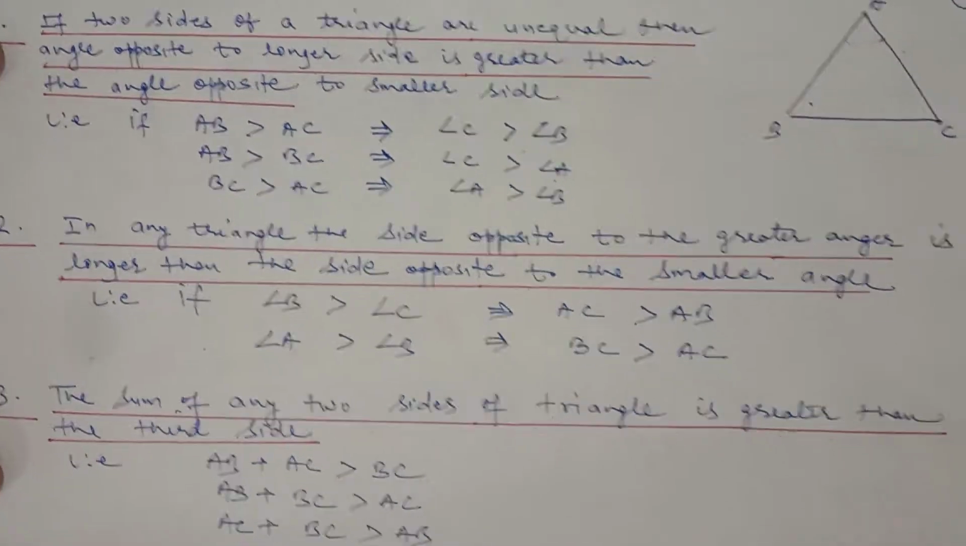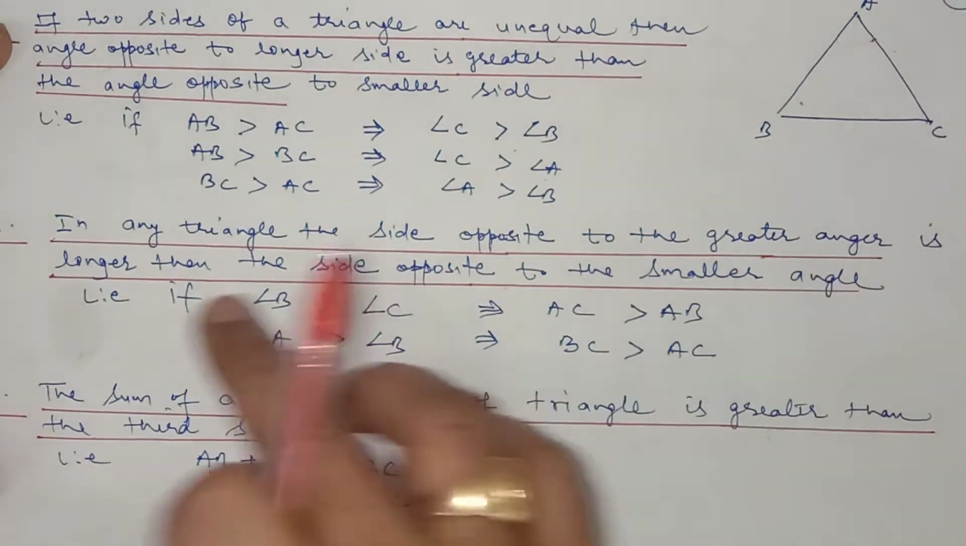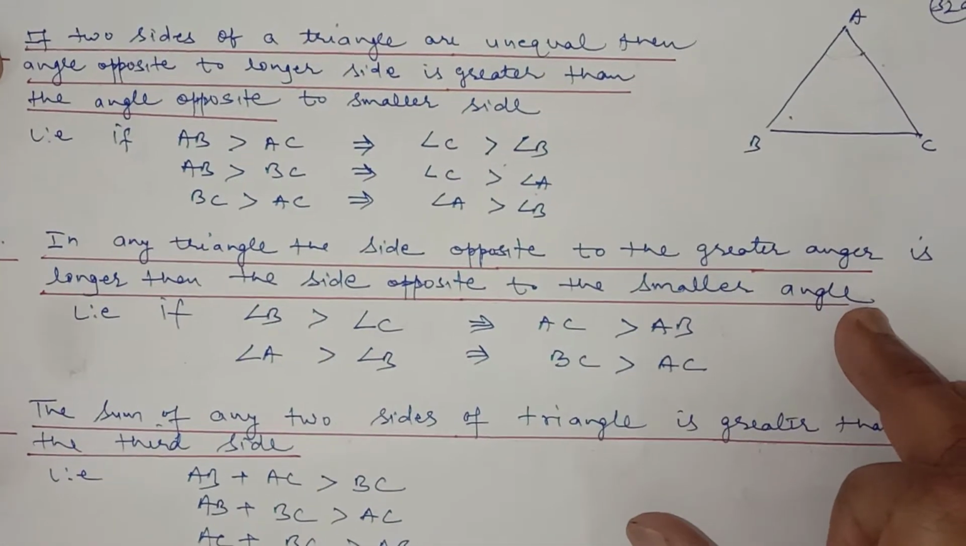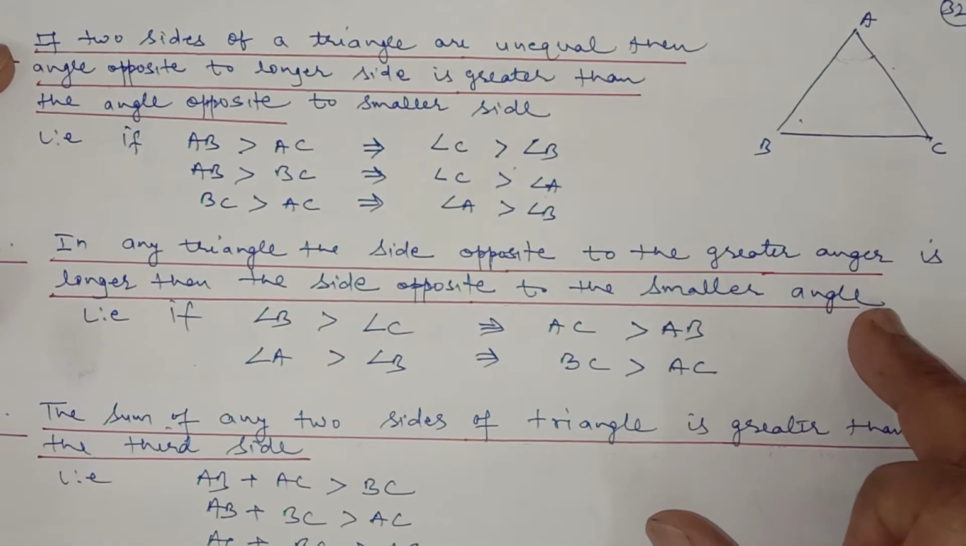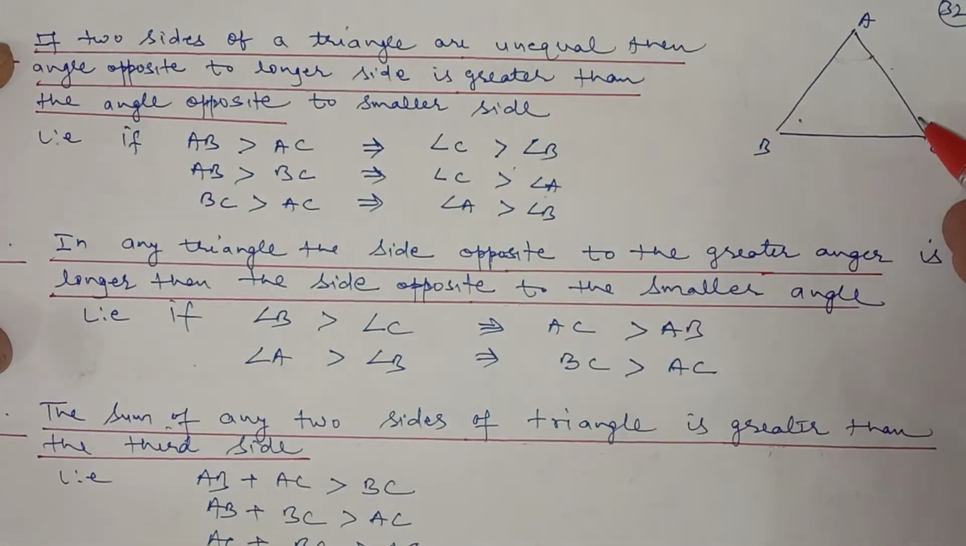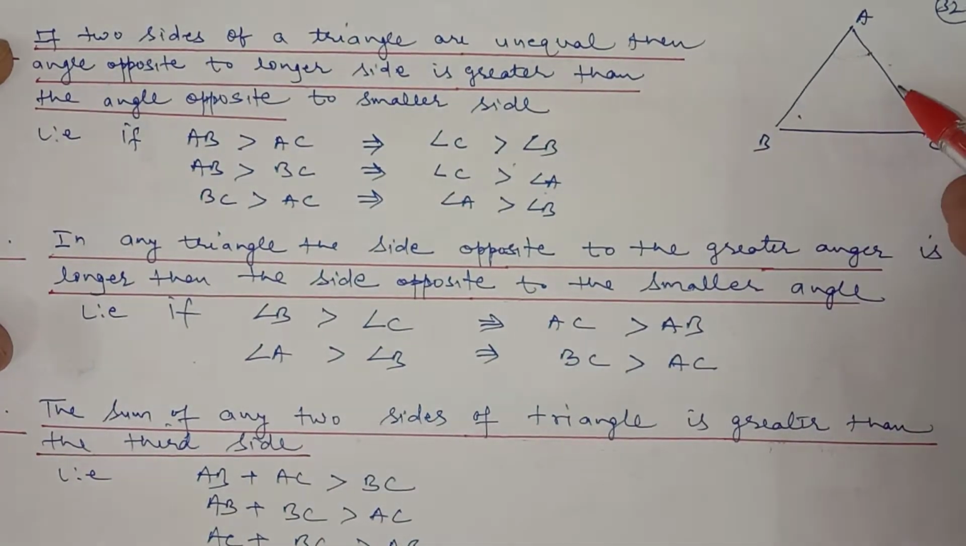Similarly, the opposite is also true. In any triangle, the side opposite to the greater angle is longer than the side opposite to the smaller angle. That is, the greater angle has a longer side opposite to it. It is just the opposite of this. Now if in this triangle angle B is greater than angle C, then the side opposite to B is AC, and the side opposite to angle C is AB, then AC will be